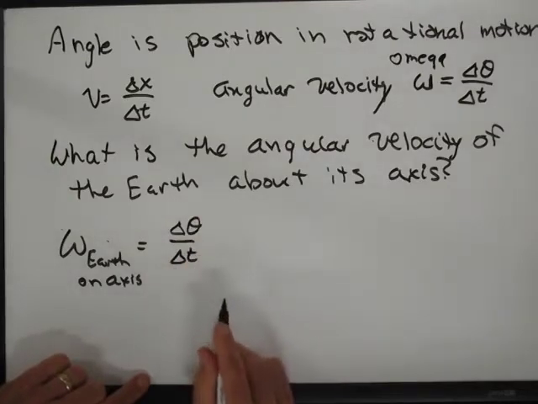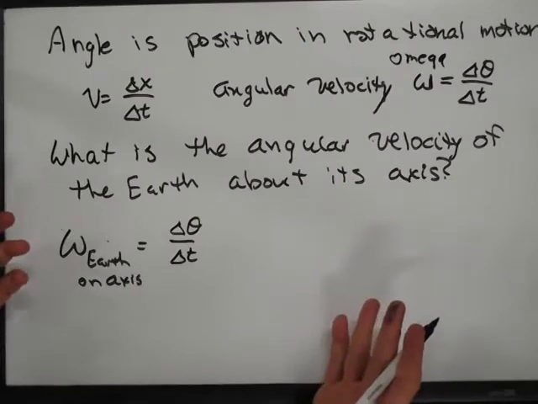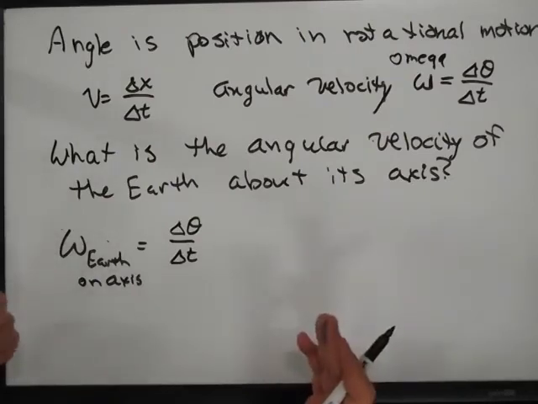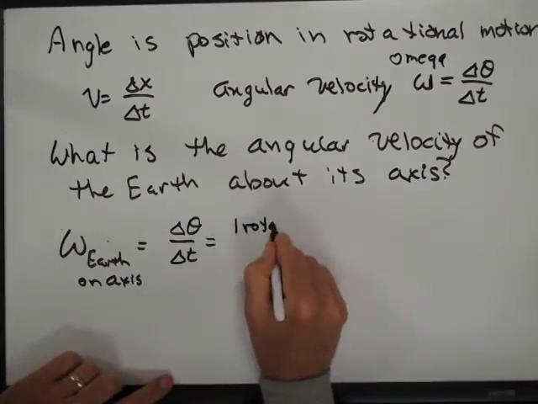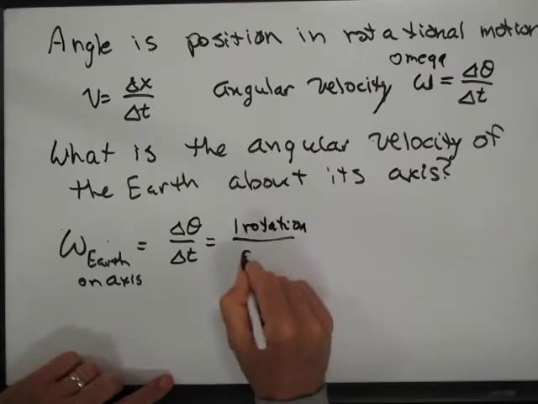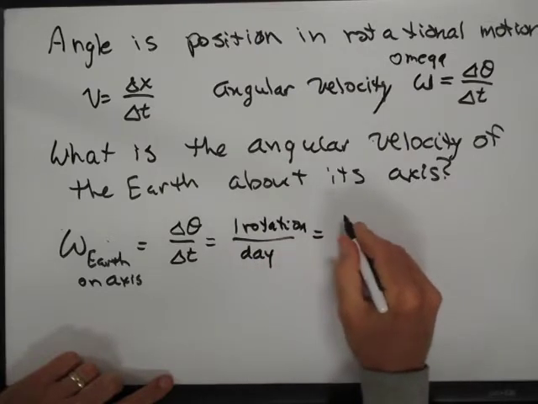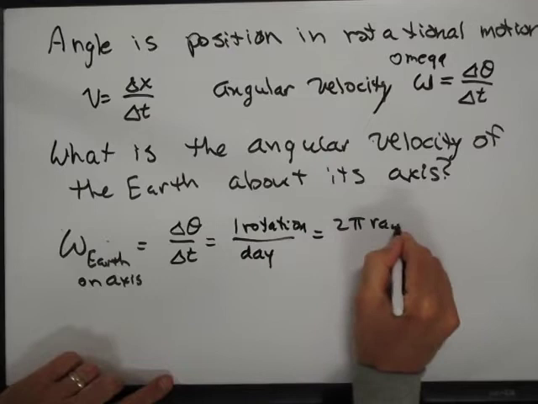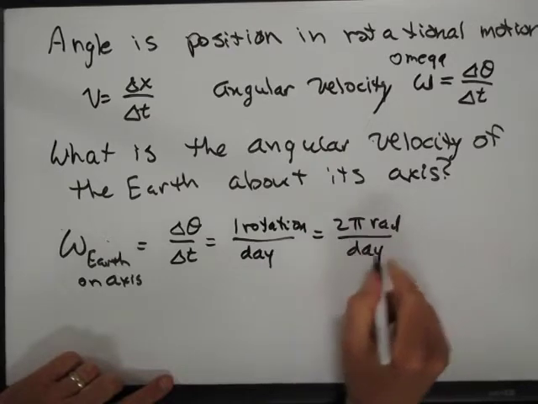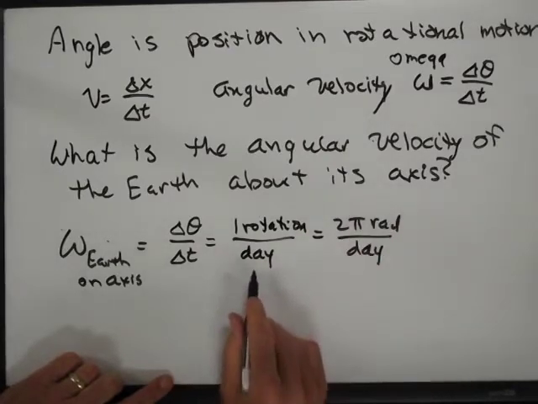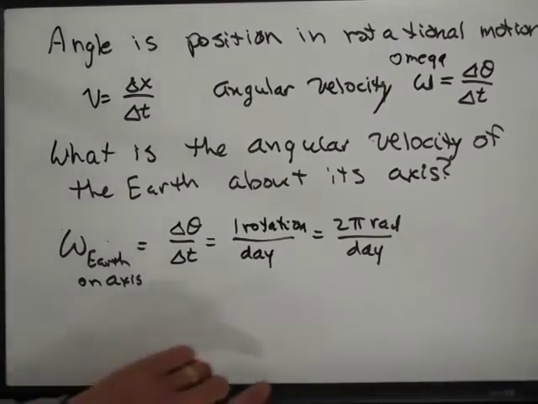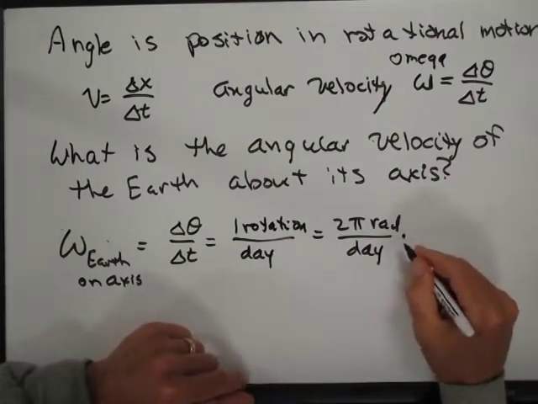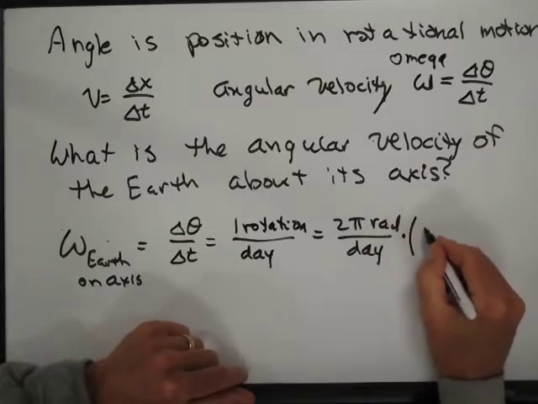And if you think about this, if I asked you to do it in rotations per day, could you do that in your head? The Earth rotates about its axis in one rotation per day, right? And that's equal to 2 pi radians per day. If I didn't specify the units, any one of these answers would be fine. I could say one rotation per day or 2 pi radians per day. I could say 360 degrees per day, something like that. If I wanted to convert this into radians per second, I would have to convert the day